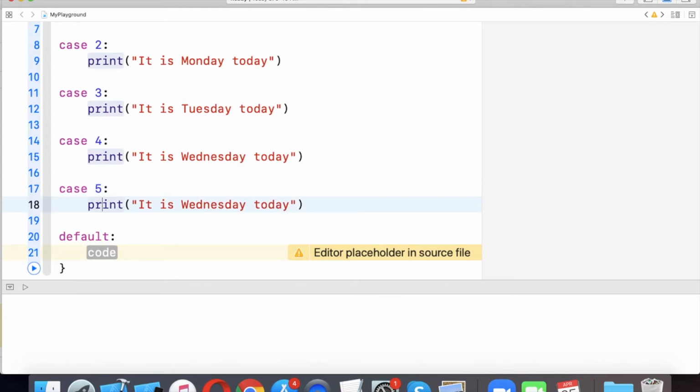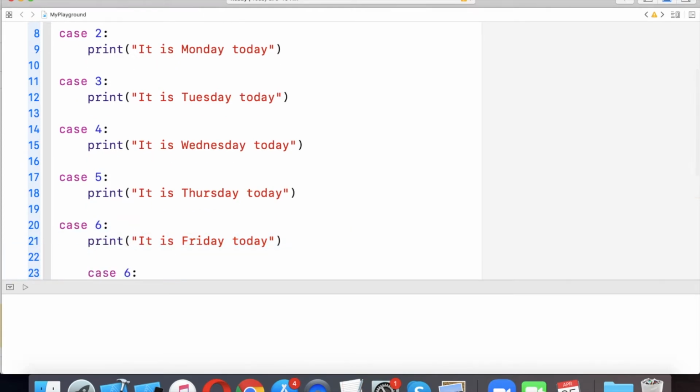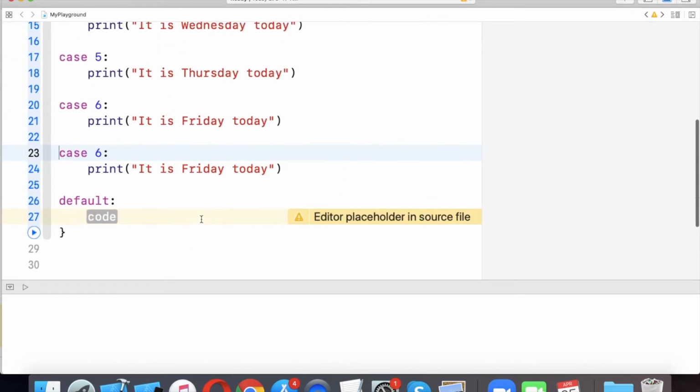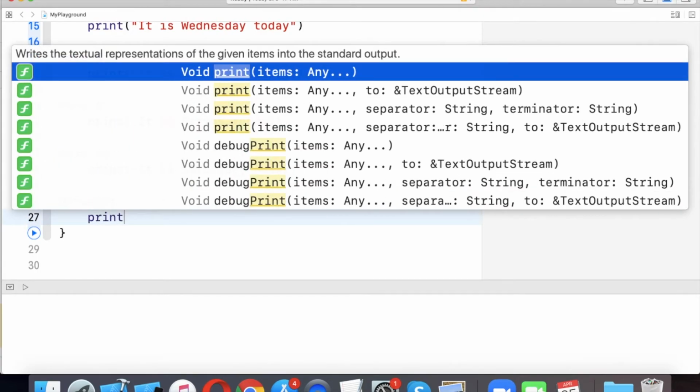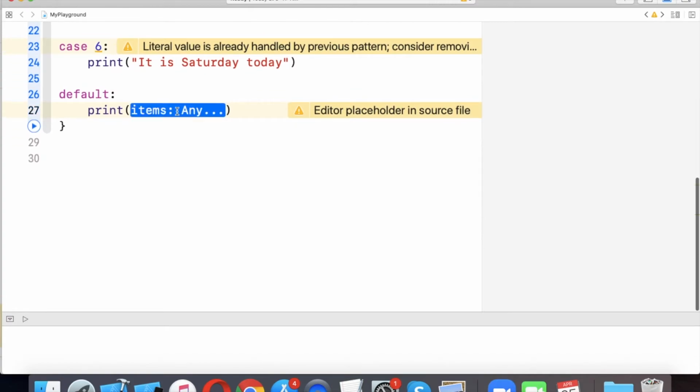Same way I write Thursday, Friday and lastly Saturday. So all our days are completed in the case execution. We also write a default: if the value of dayOfWeek is more than 7, then we print an invalid day.